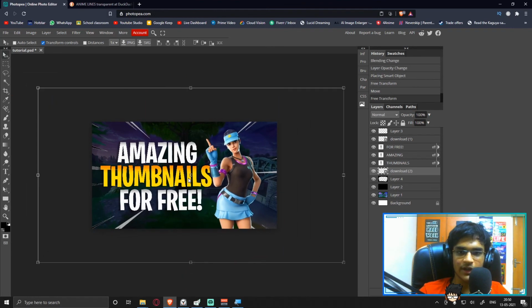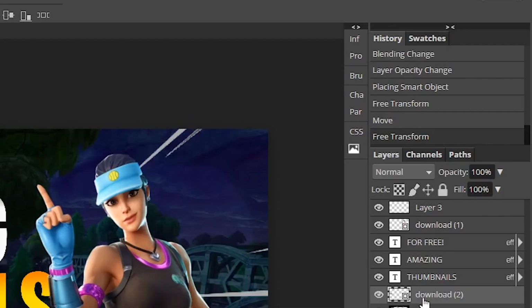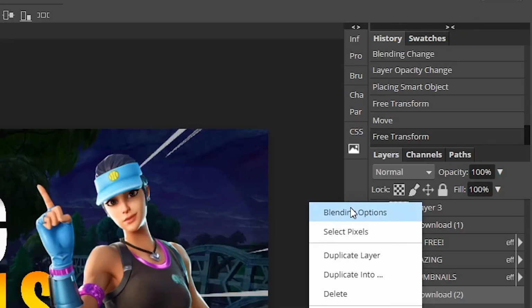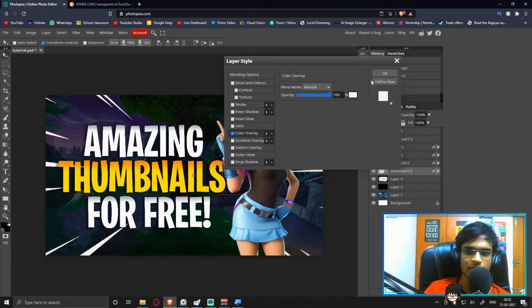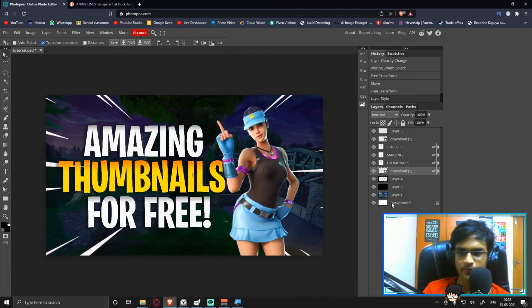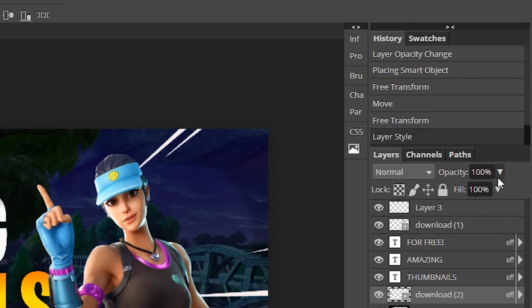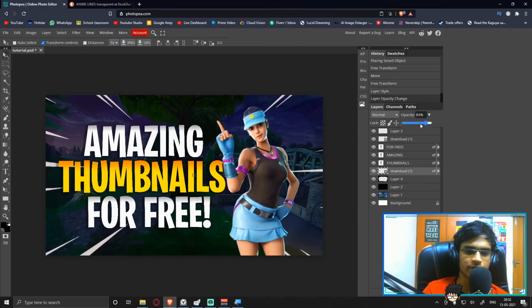Yeah, so once you have done that, just alt and click inside, go to the blending options. This is very important, guys. Go and press color overlay. Once you change this to white, press OK, and we're going to come to our opacity, and we're going to bring this down also for that layer, of course, to the point where you can barely see the anime lines, but it actually makes a difference.